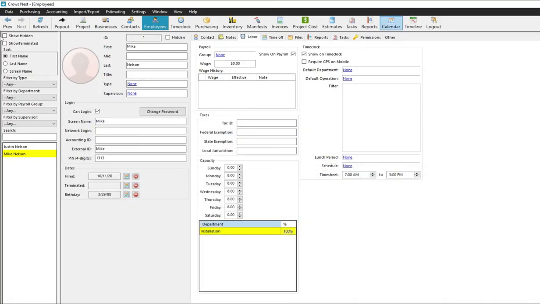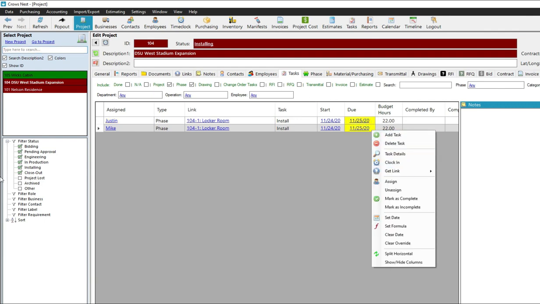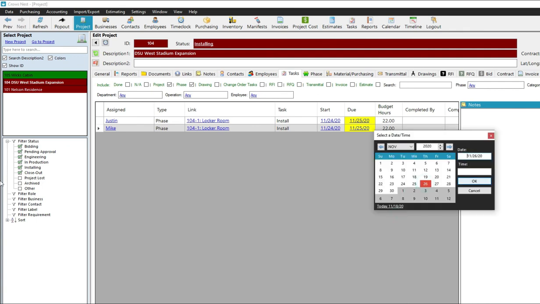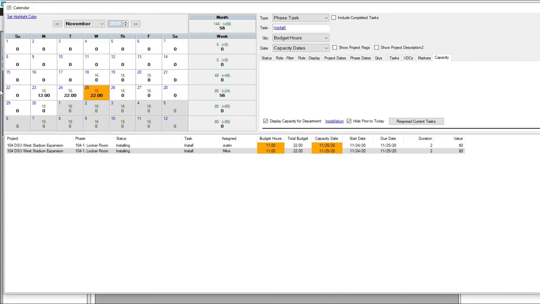So I'm going to go to my project form. And we'll look at the install task and see that they're due on the 25th, but I'll just go ahead and we'll override them and extend the due date 1 day. And we'll go back to our calendar form and we'll hit the Respread Current Tasks, and you'll see that this will adjust. And now we've given them an extra day and it's spread out the tasks to where I'm under budget